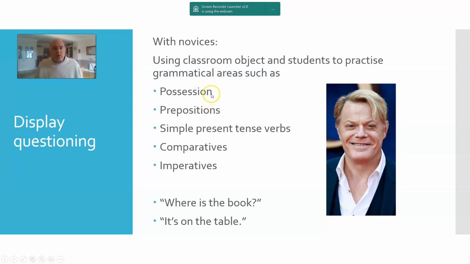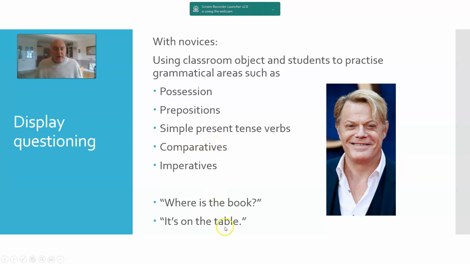This is John's book. This is Peter's pen. Prepositions. Where is the computer? Where is the pencil case? Simple present tense verbs. Comparatives, for example, two pictures on the board with differences that need to be explained and